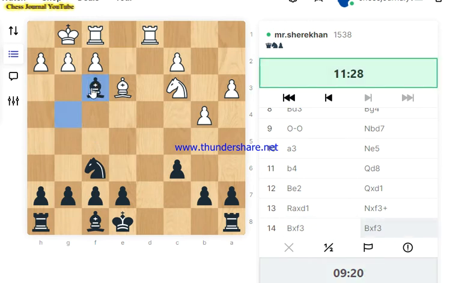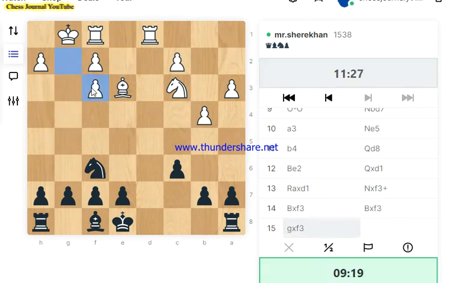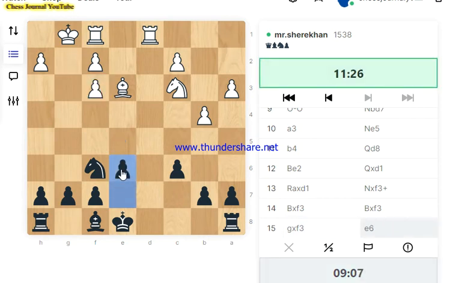Let's take the bishop. So the light square bishops are gone, and in return, after all of these exchanges, we have a better pawn structure than them. So we are already doing better. We're doing much better now, definitely. So now our light square bishop needs to be developed,